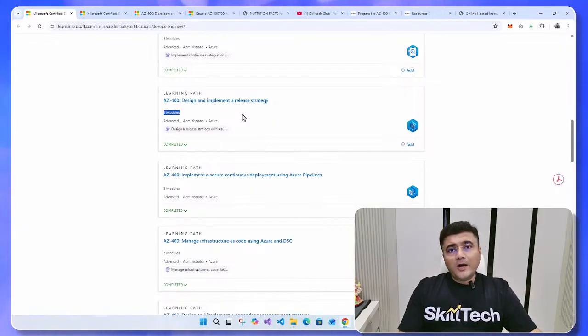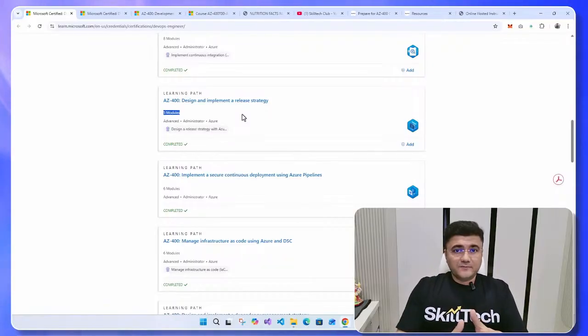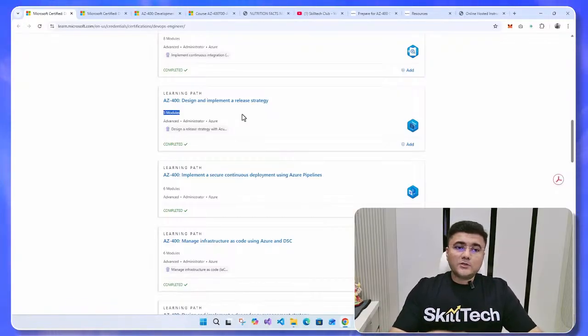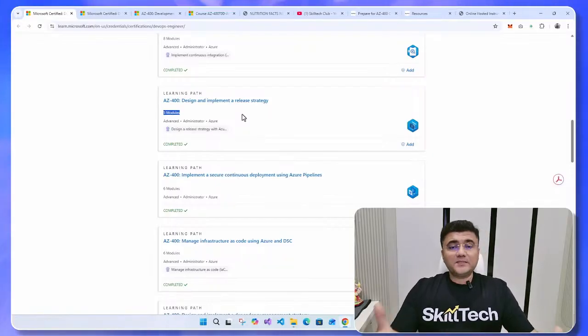It's also going to show you how you can control some pre-deployment and post-deployment triggers. It's going to help you configure human-specific approvals, or what are called release gates. All these things will be part of your release strategy. Once you understand how to manage release strategy, how you can deploy multiple times a day, or how you're going to deploy into multiple environments in parallel, after that, your job is still not done.